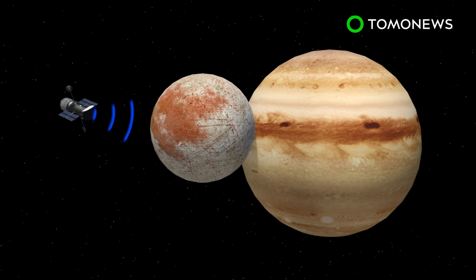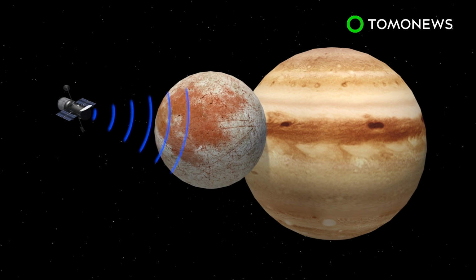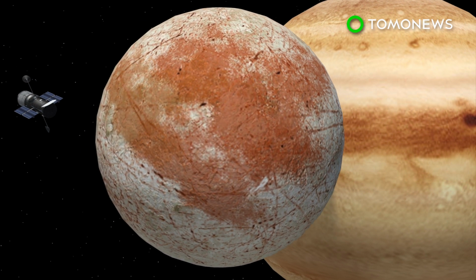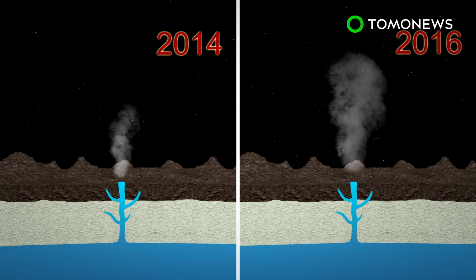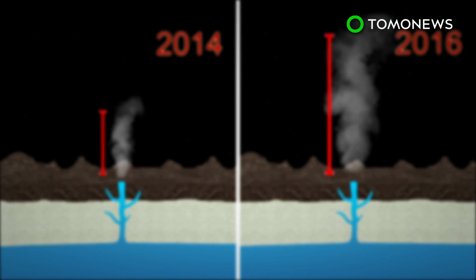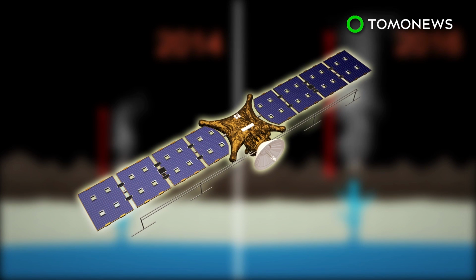Separate but similar research concerning water plume eruptions from Europa, the fourth largest of Jupiter's moons, may also point to life there. The Hubble Space Telescope observed eruptions from a warm area on Europa twice in a 2-year period, each higher than the last. NASA will investigate this thermal activity further in the 2020s, when the Europa Clipper spacecraft is